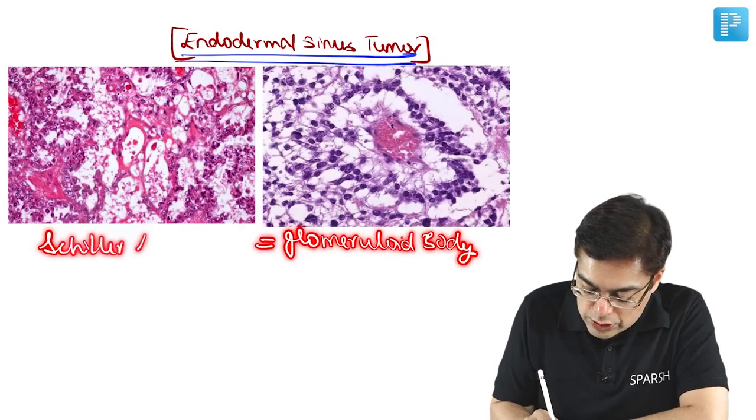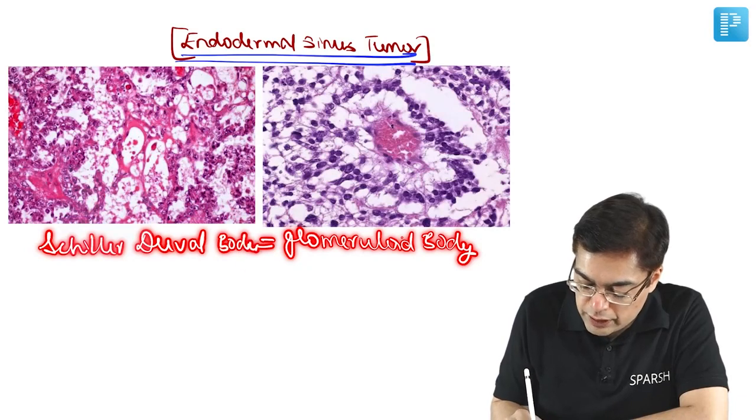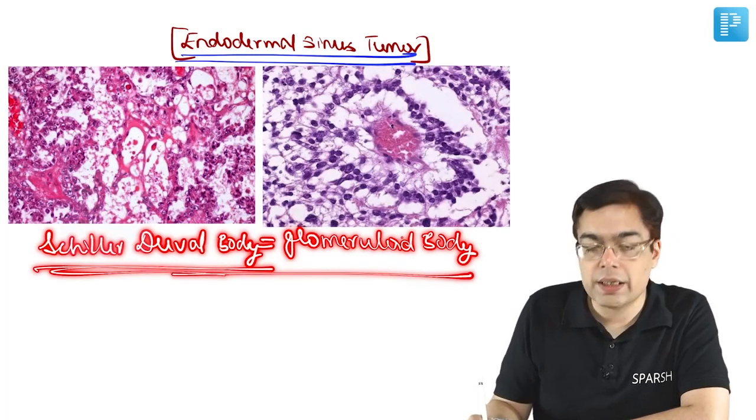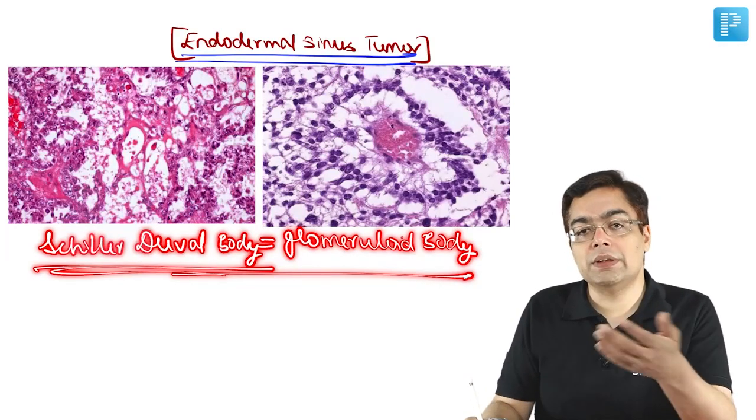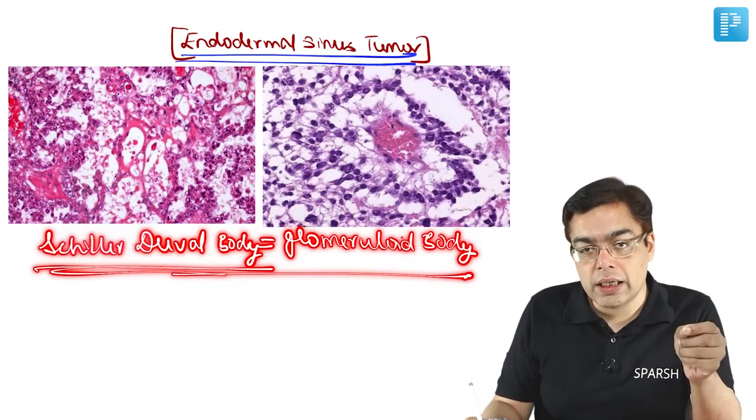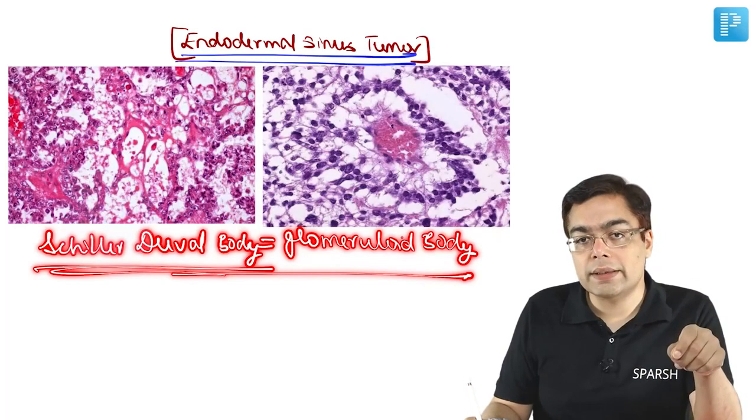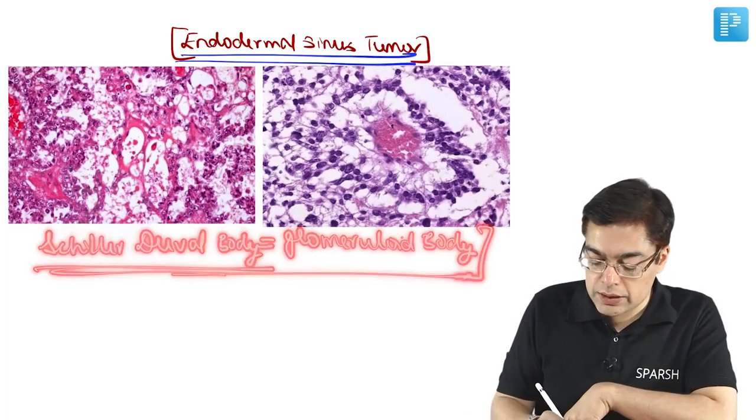Schiller-Duval body, also known by the name of a glomeruloid body. So we just need to have an idea about this particular fact, because that used to be an example of a one-liner, fact-based question, but with the trend of the exam, what they can be presenting to you is a clinical picture. So a child having a testicular tumor, on examination histopathologically having the presence of a Schiller-Duval